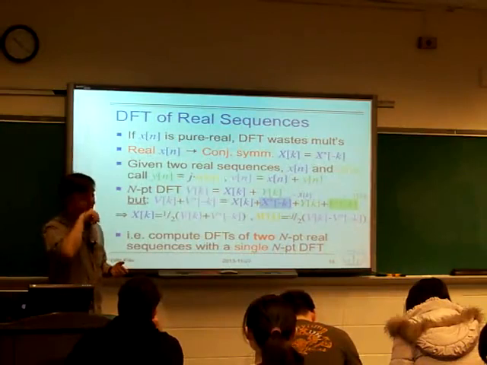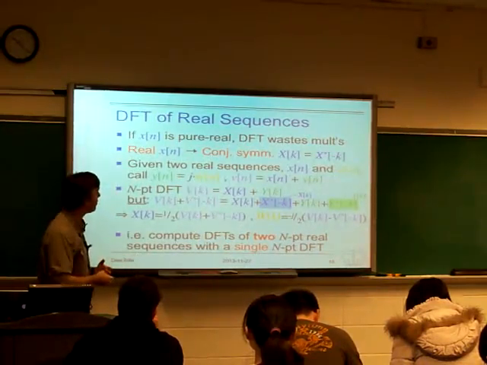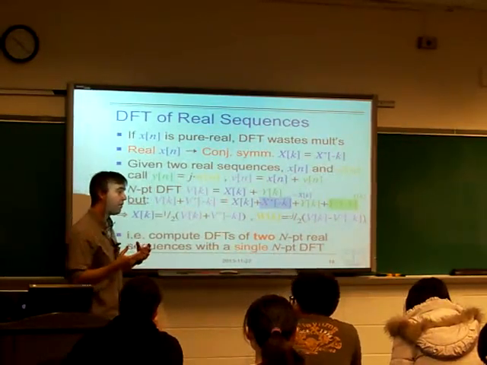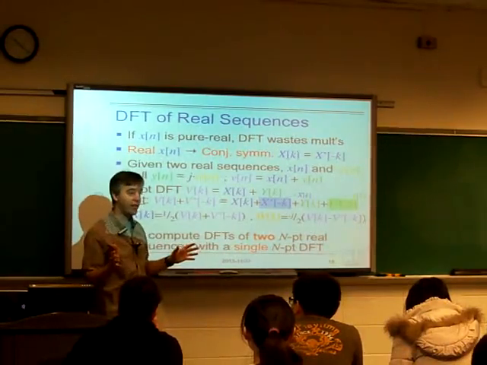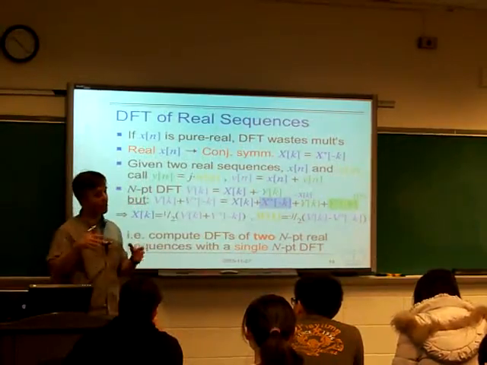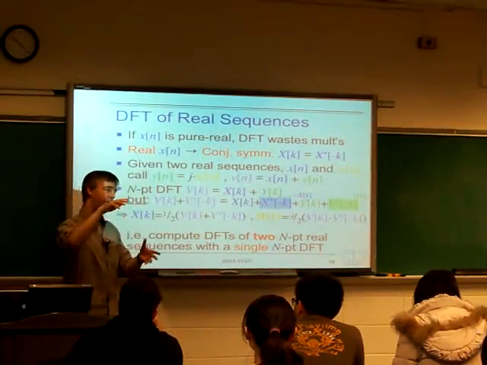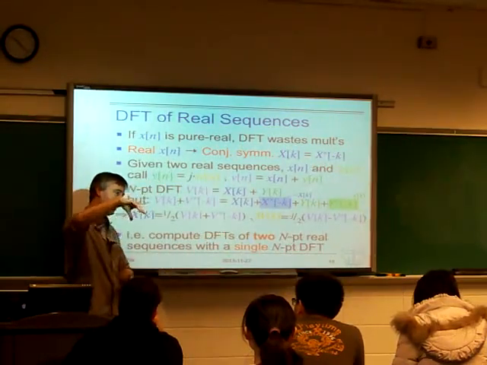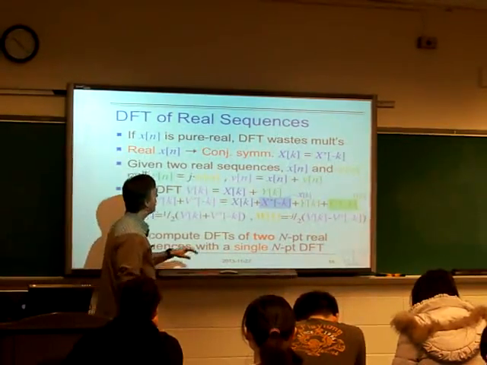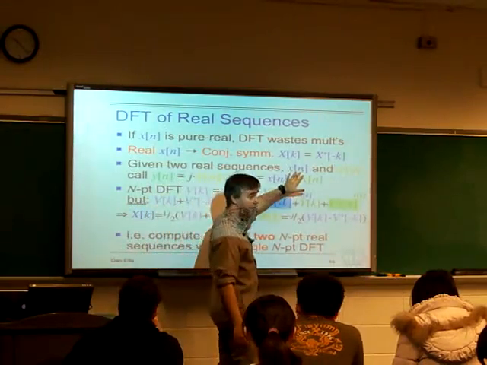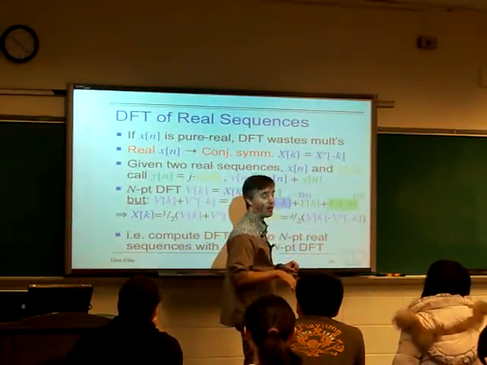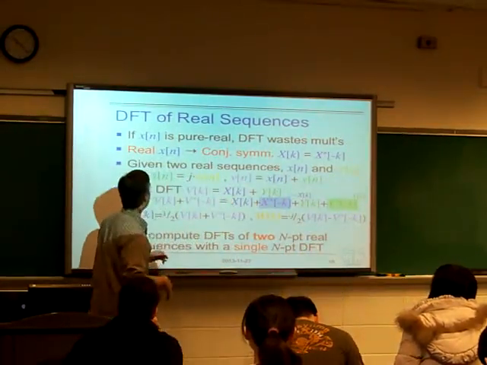One way we can maximally exploit the efficiency of the DFT algorithm is to pass it a fully unconstrained sequence, a general complex sequence, calculate the unconstrained general complex transform of that, but then build our original sequence by combining two real sequences and then decompose them again at the end. That's what this is about. If we have two real sequences, x of n, which is our big N point real sequence, and then w of n, which is some other big N point real sequence, like maybe it's the next window or something like that, we can calculate a